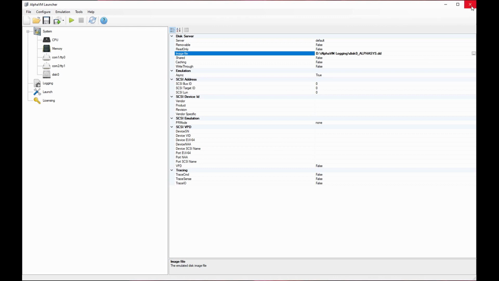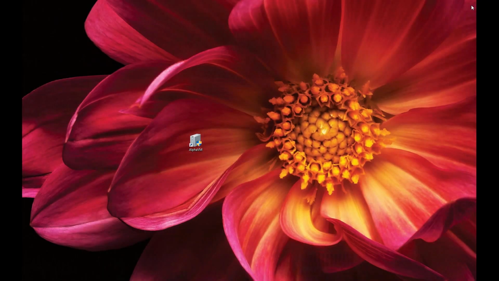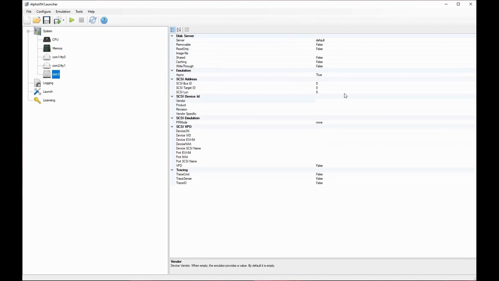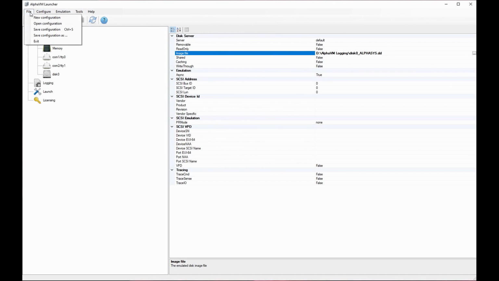But a caveat, we haven't saved the system configuration yet. So if we stop the virtual machine and then start it again, the default system is back to not having a disk. So after attaching the disk, we need to save the configuration. So I'll add the disk back again, assign it to the image file again, and now I will save the configuration,